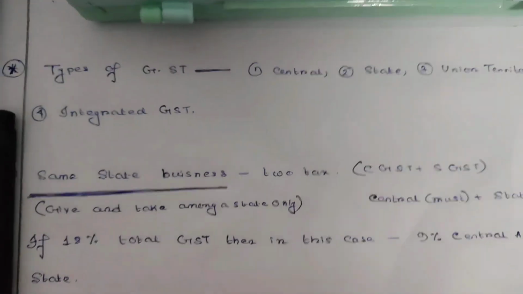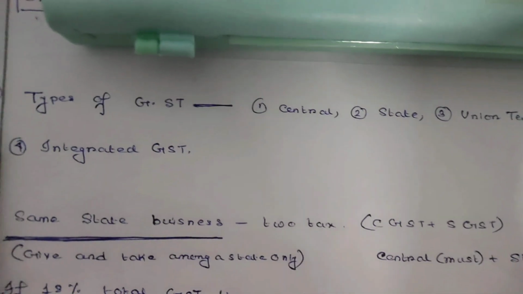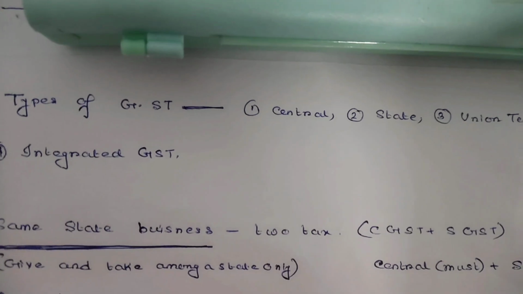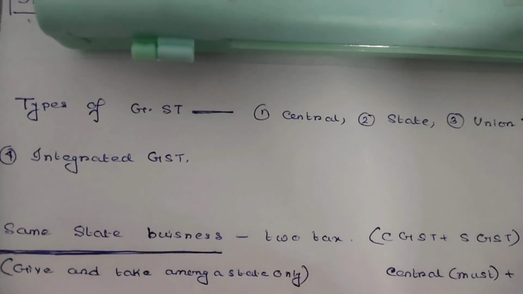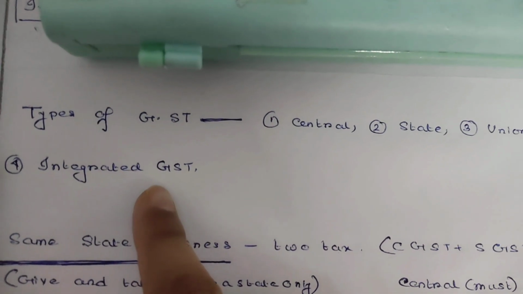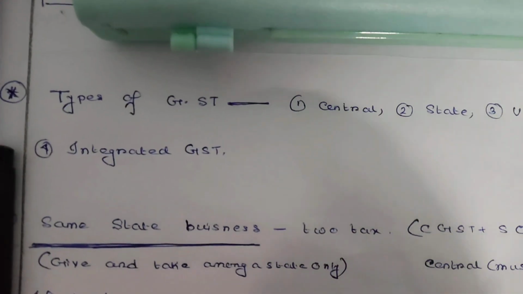Okay. Now, types of GST. What are the types of GST? Central GST, state GST, union territory GST, and integrated GST. I have told this before, integrated GST. So,